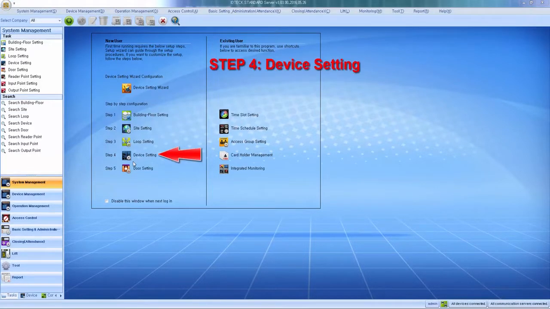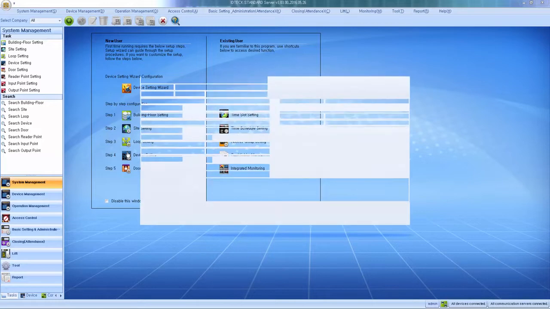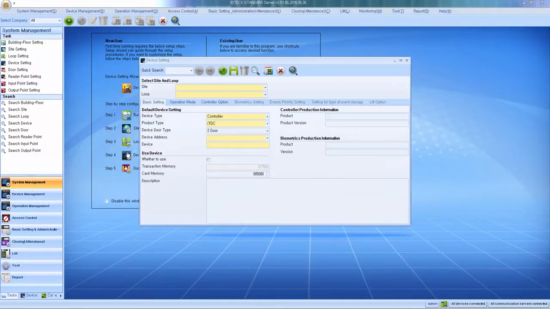Now let us begin step 4, device setting. The device setting is the configuration page to set what type of device will be connected according to the loop setting, as well as the ability to enable or disable functions. First, please select the site, then the loop,